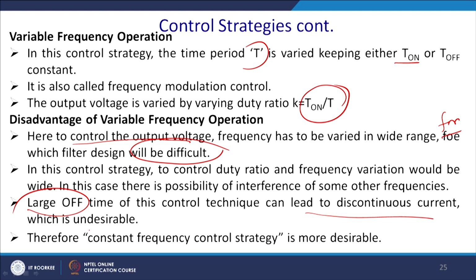Current becomes peaky and you have high EMI EMC problems, and whatever expressions we have derived are not applicable in the case of the discontinuous conduction mode. We require to recalculate all the expressions and the duty cycles,